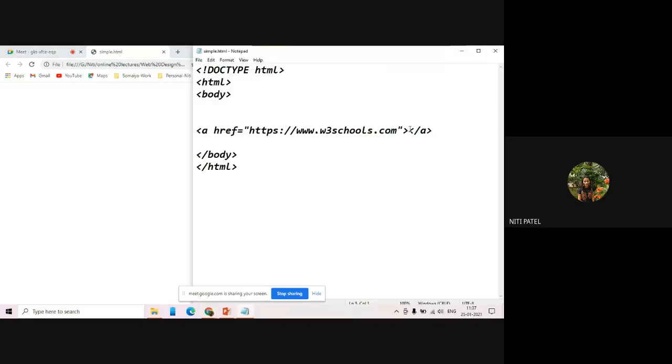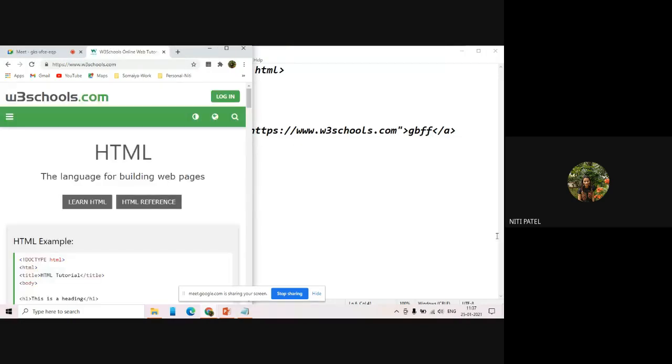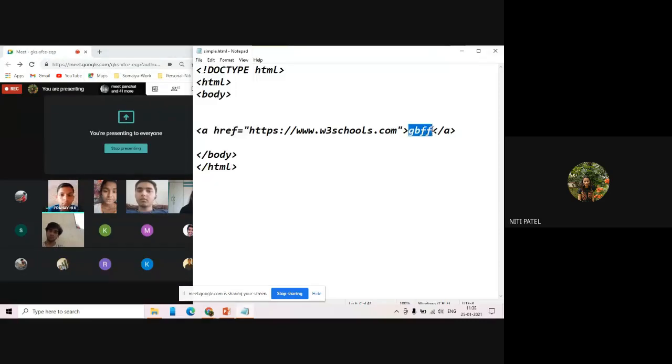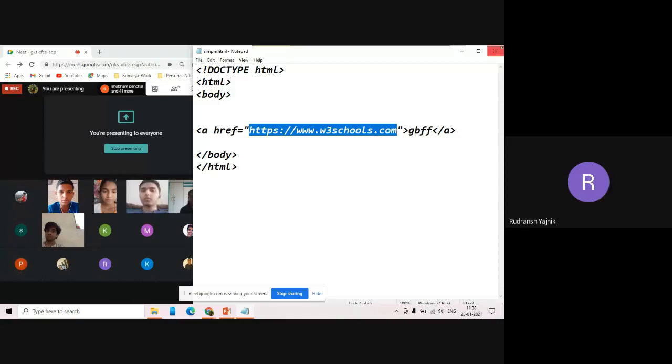So writing this text over here is mandatory so that when I click on it, it will take me to that particular page. That means this text is creating a link for this particular page. Understood?